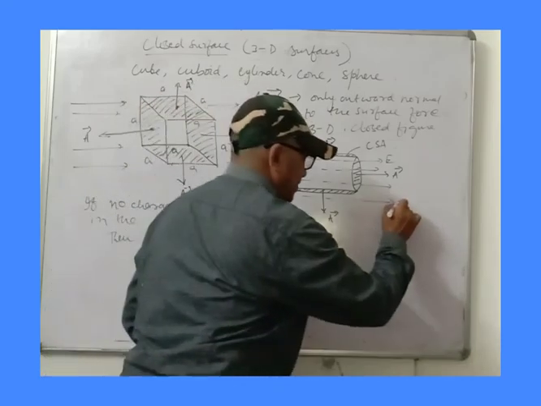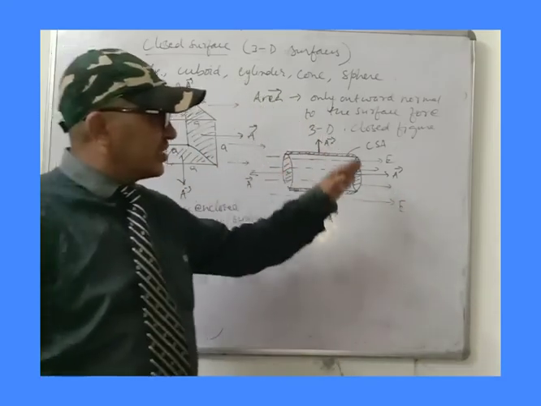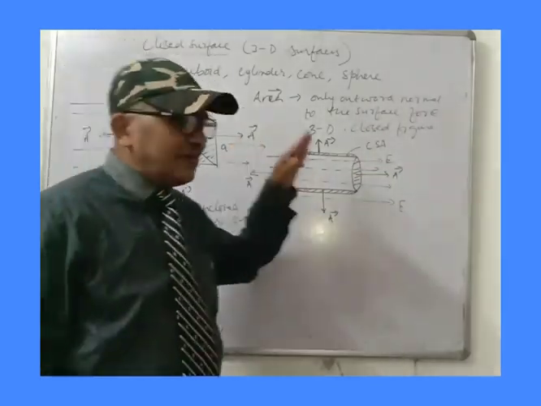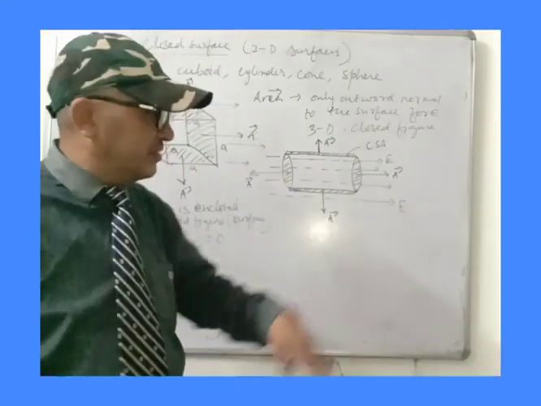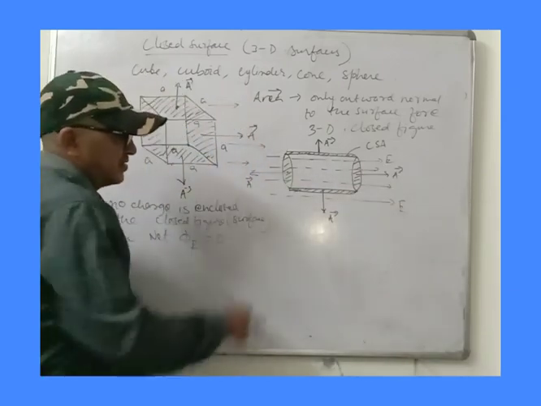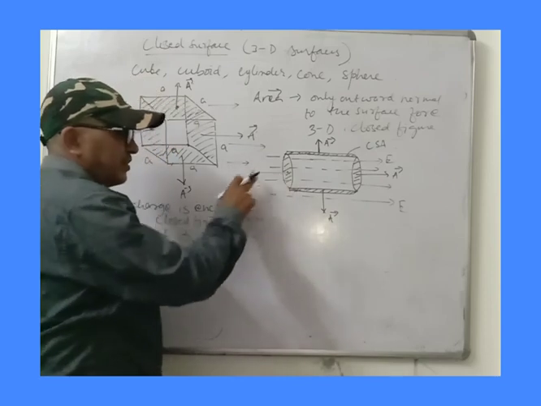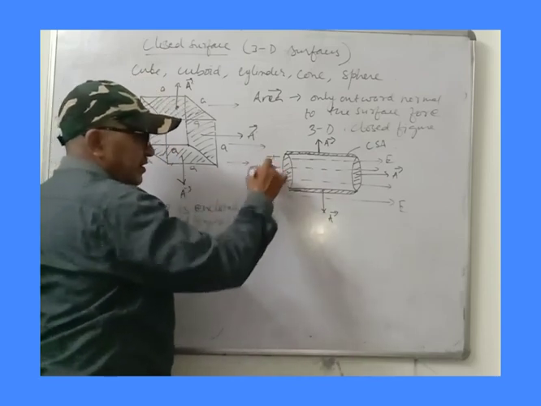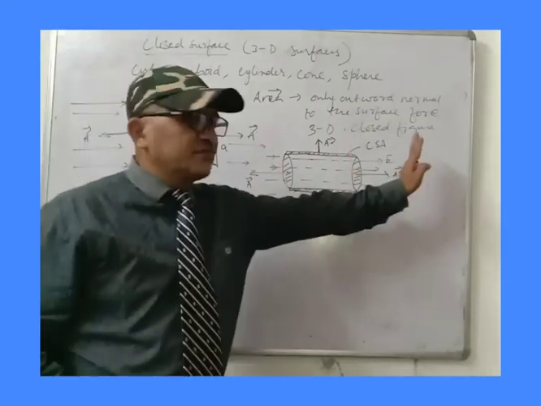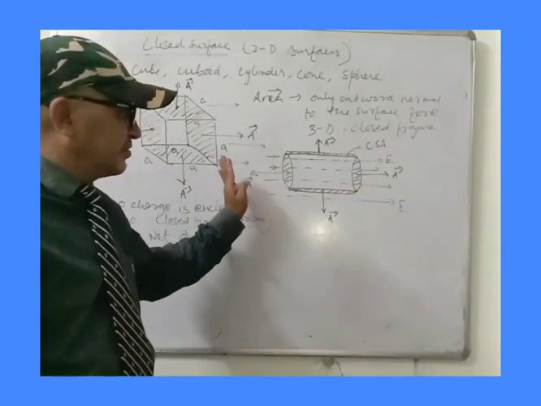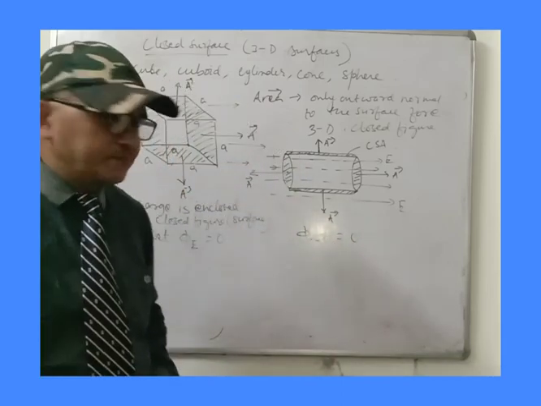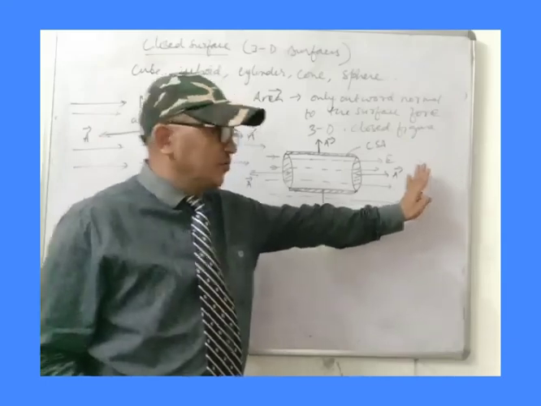Now tell me, through which area are the electric field lines passing normally? Through this area, and through this area also, but the direction of the area vector and electric field line is 180 degrees, they are opposite. So this side flux we can find out. In this case also, phi net will be 0. Ask me why? Right side flux will be equal to left side flux.